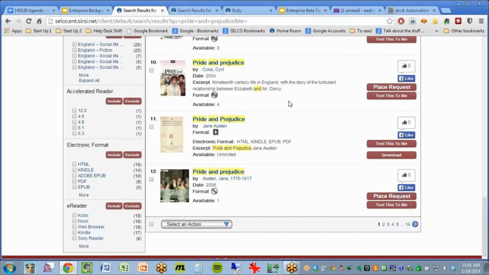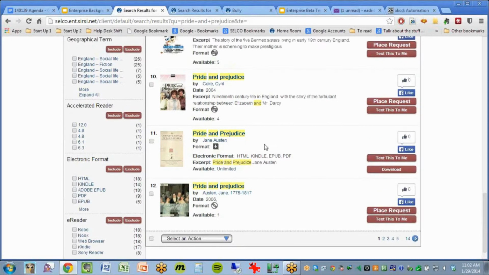If it's not available, it says place hold. And I'm not sure if you can place the hold from Enterprise or it has to direct you to Overdrive. Like I said, it's not working properly right now, so we haven't been able to test that part. It just takes you right to Overdrive and then you log in and place your hold for portal. Yeah, I think it's supposed to work